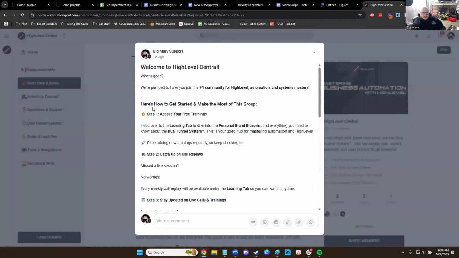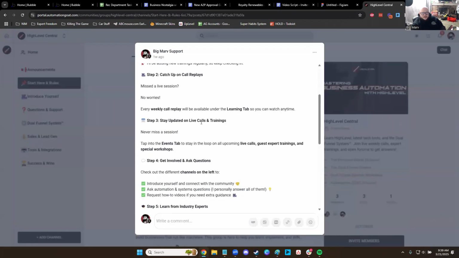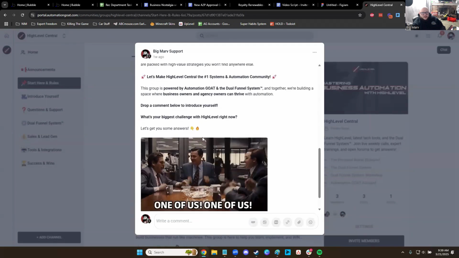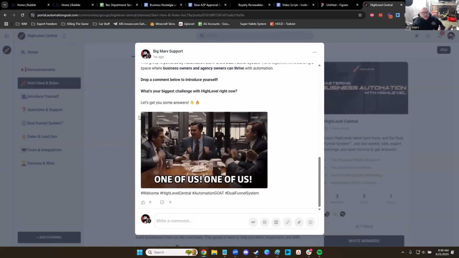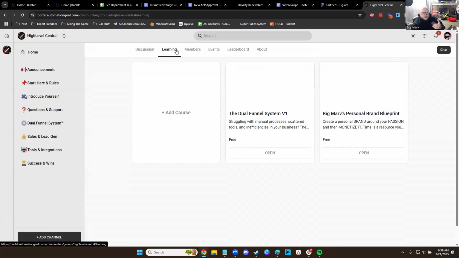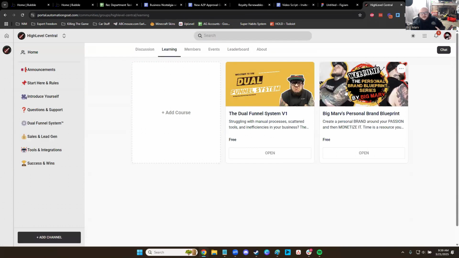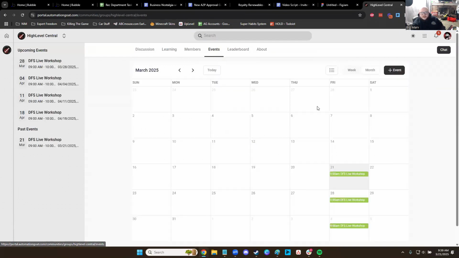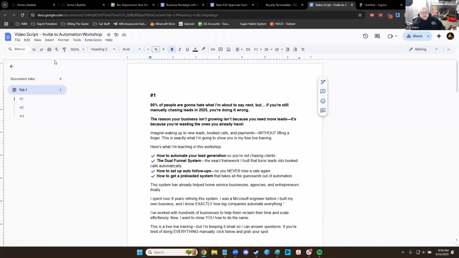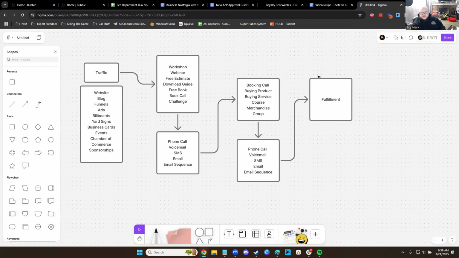I tell them step 1, here's how to access, call replays, etc. I'm mapping out what it's going to be like when you're in the group. Then they can go into the learning tab, they can go through the courses here, right? They can go to the events and see the workshops, whatever it may be. So you want to think of what is the next step, or what's that next experience you want them to go through, right?